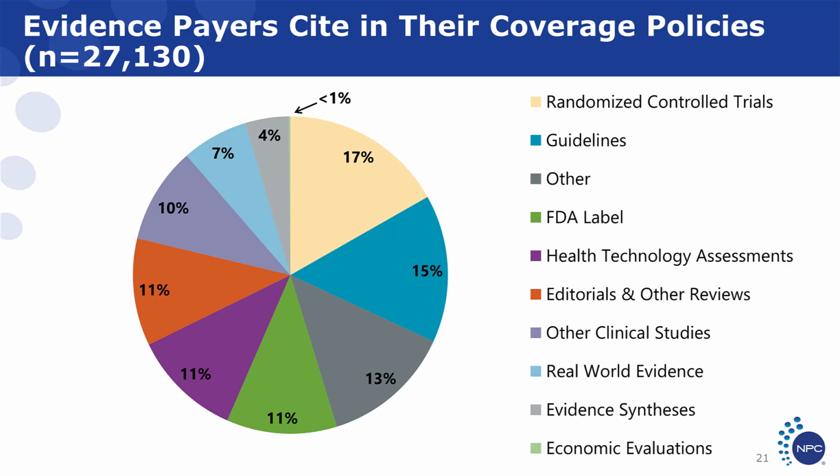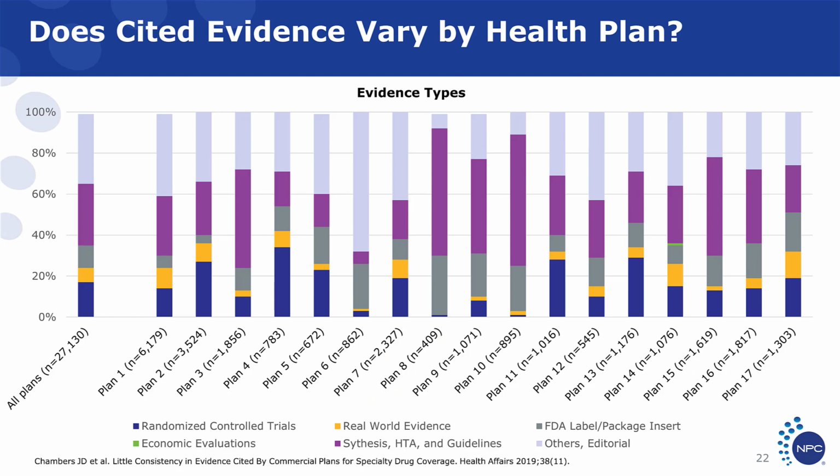That represented only 1% of the evidence. Now we're going to stratify that across health plans. So to make this slide manageable, and I don't want to give anybody a migraine during the lunch hour, we've pulled together some of these categories to make 6 different categories. So randomized controlled trials, real-world evidence, FDA label package inserts, economic evaluations, evidence syntheses, HTAs and guidelines, and others which